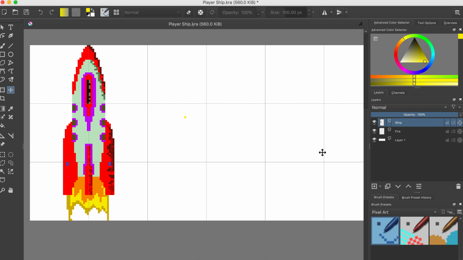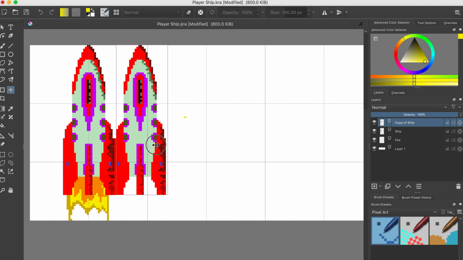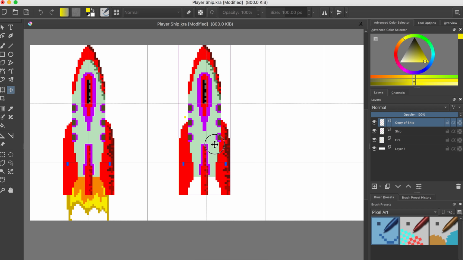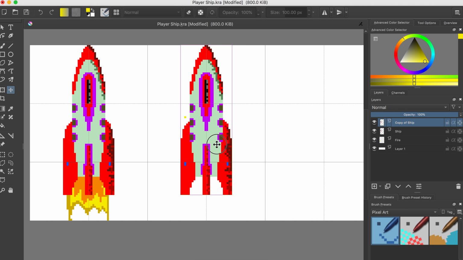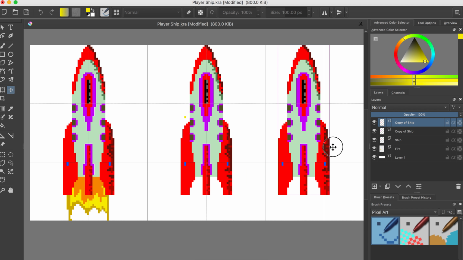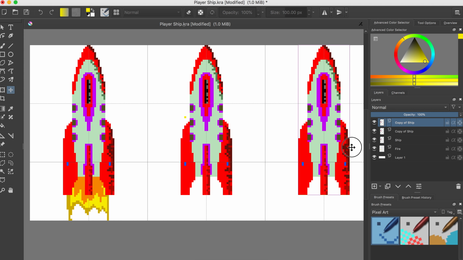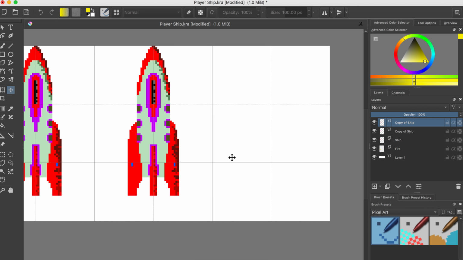Okay, so now I'm going to duplicate. So I'm going to take my ship layer and I'll click on the duplicate icon, and it's called Copy of Ship. And all I need to do is grab the Move tool over here and left click and drag it over and get it right there about center. Good. And I'll duplicate again, drag it over, and there we go. And for the fourth one,